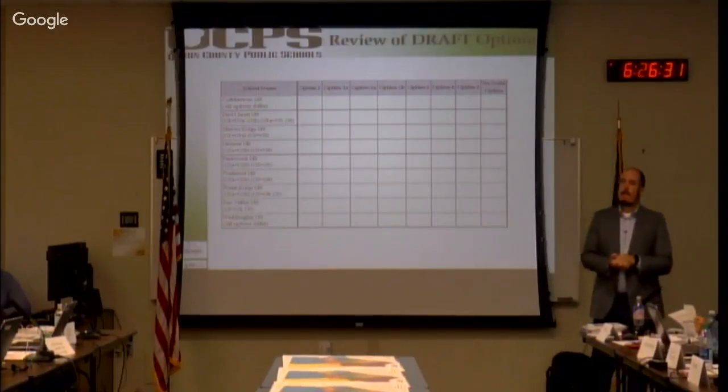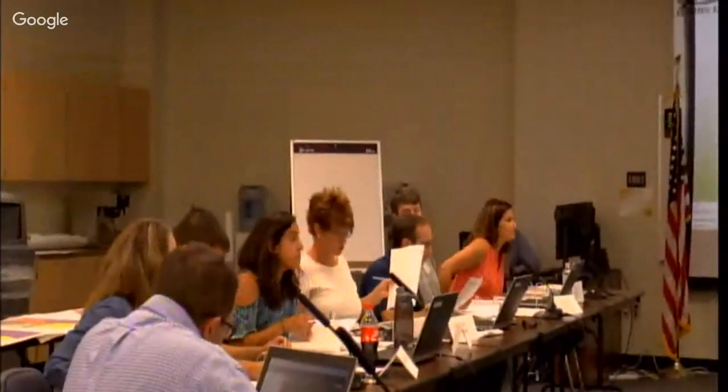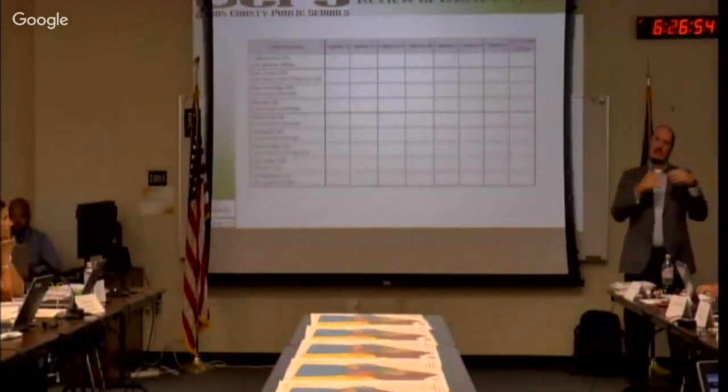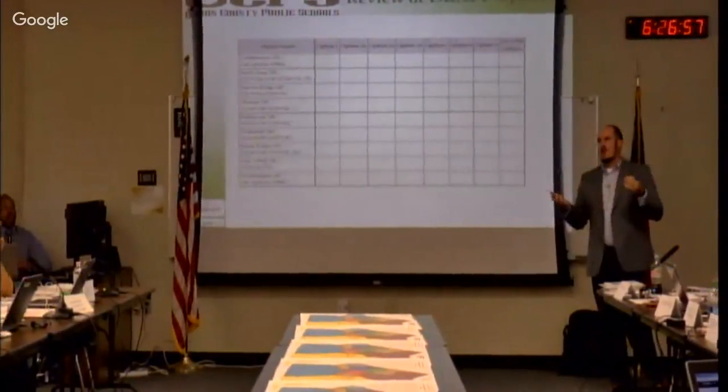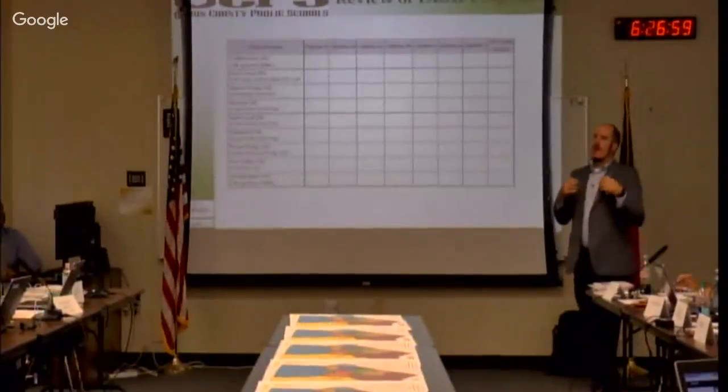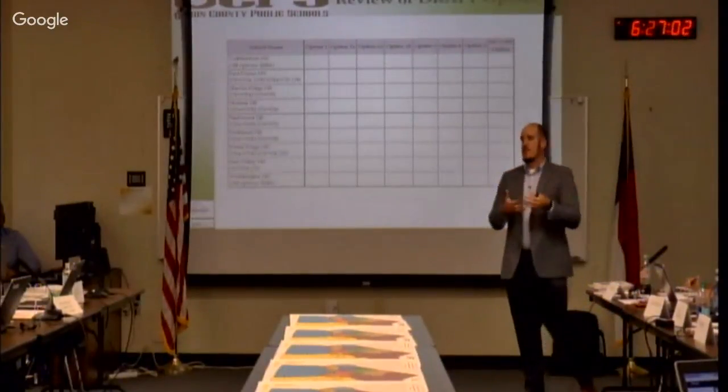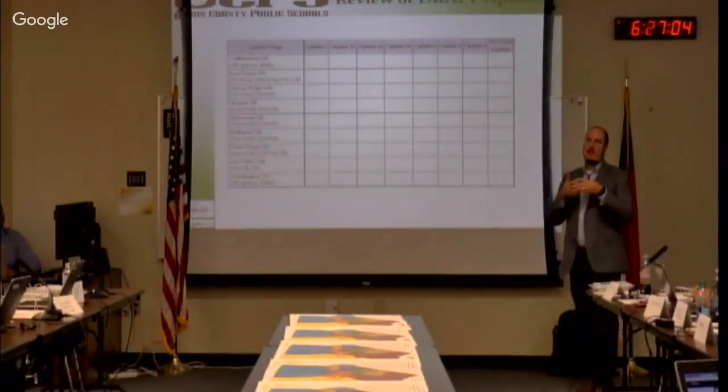In the emails, I noticed that someone had said that Cuthbertson numbers were already off by almost 120 this year. Is that something that's been verified? Should we even consider that? We hear that a lot from all over the country. They're preliminary numbers. School hasn't even started yet. A lot of times when they're enrolling kids, they haven't withdrawn students that need to be withdrawn, so everything's usually overinflated at the beginning. I would wait until the official numbers come in, and then we can do an actual apples to apples comparison.